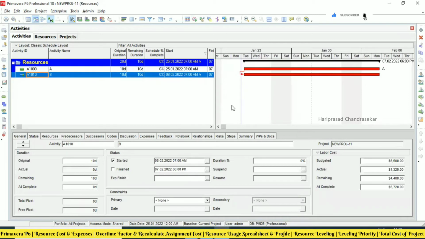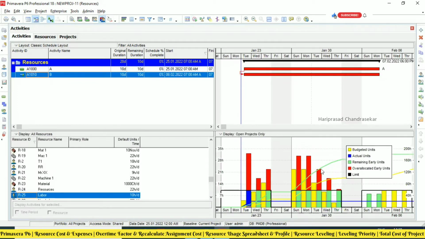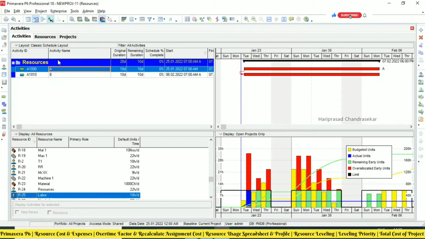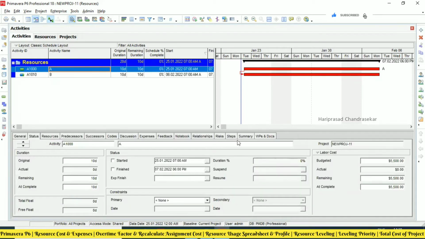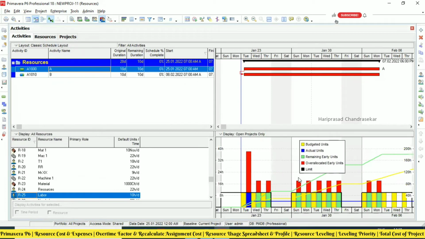Okay. If both activities are going to start at the same time and both have the same kind of resources, then you will absolutely get lots of resource over allocation. Okay. I think we need to change the thing to linear. See, now we are getting over allocation because both are going to happen at the same time. Okay. Then what we can do is use level resources. It will try to level the resources automatically if there is an option. Otherwise, if it is not possible, it is not going to do anything.